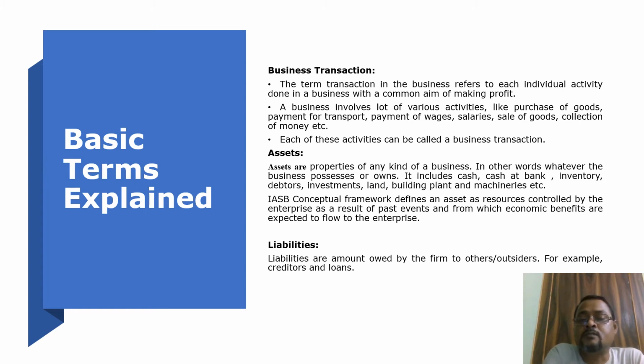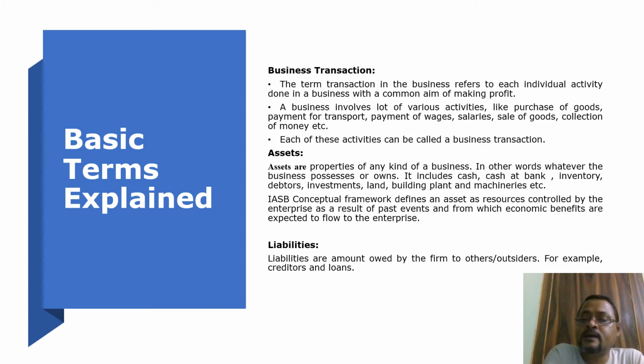So let's come to the term liability. Liability is the exact opposite of assets. While assets are owned by the enterprise or the firm, liabilities are those transactions or events which create a future paying liability for the firm. So liabilities are the transactions which are owed by the enterprise to others who are outsiders. For example, a bank giving a loan for undertaking day-to-day activities to a business.